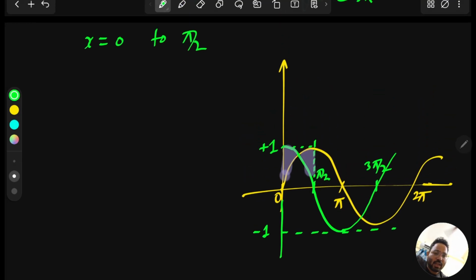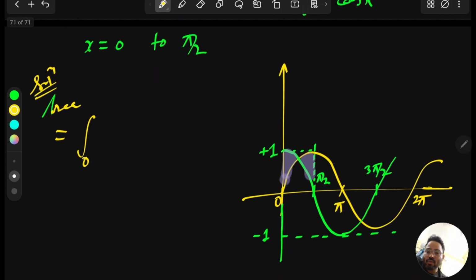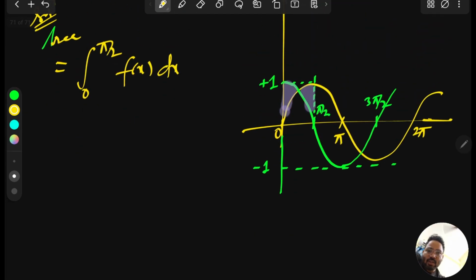This is very specific, and you have to draw the graph and think about the limit of this curve. So our area is, the solution is, integration from where to where we have to go, already given, 0 to pi by 2, and now f(x) dx. See, at this point the curves intersect, and this point is pi by 4. This is the common point where the curves intersect.